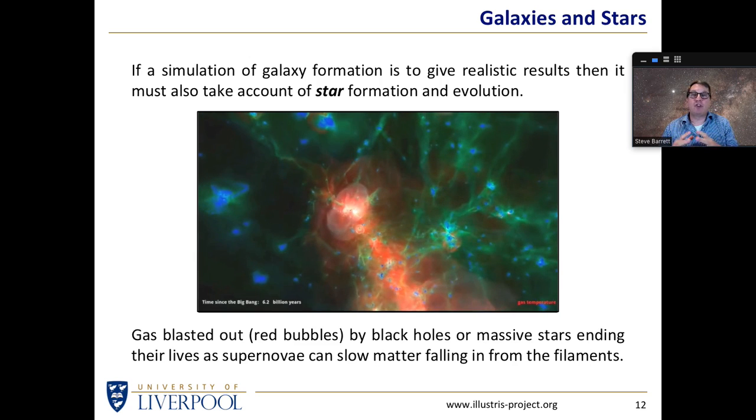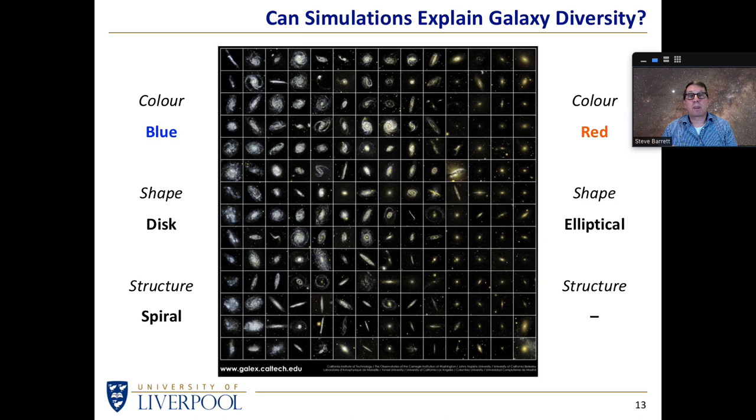So it's not just a question of saying, let gravity do its stuff. If we want to get sensible, realistic output, we have to build in a lot of stellar physics as well. What we're trying to do is to get some handle on, can we understand why there is such a diversity of different galaxies? Here's a few hundred galaxies that have been imaged, and they've simply been put into this grid